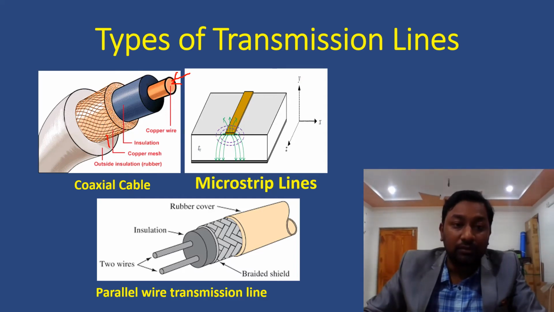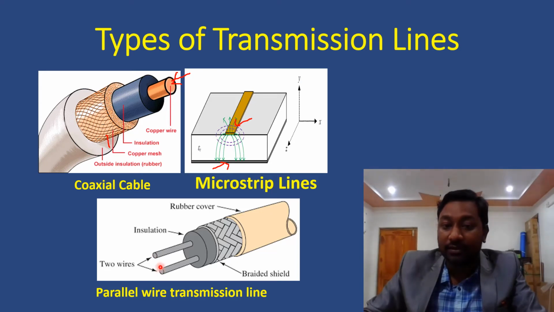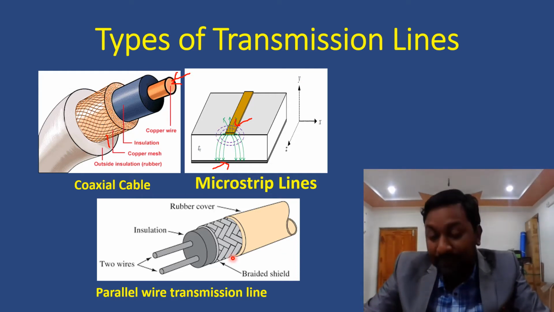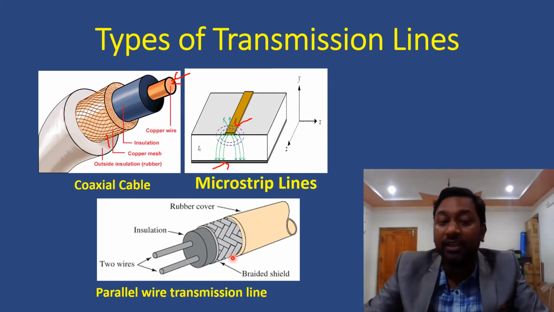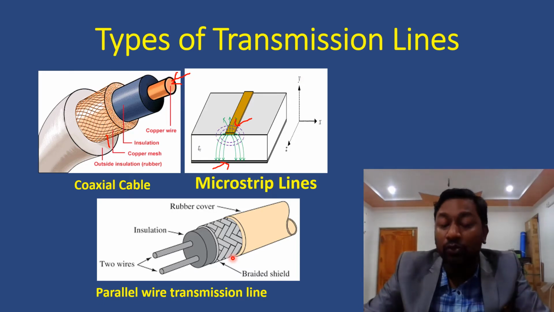Similarly, this one is one conductor, and the ground acts as the other conductor. So this is also a two conductor system. All the transmission lines that are used are basically two conductor systems. So for analysis, if we analyze the two conductor system, instead of separate analysis for coaxial cable, microstrip line and parallel wire transmission line, then that analysis will be valid for all those cases.